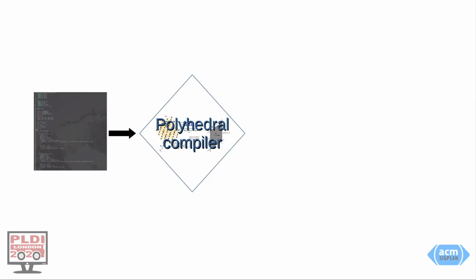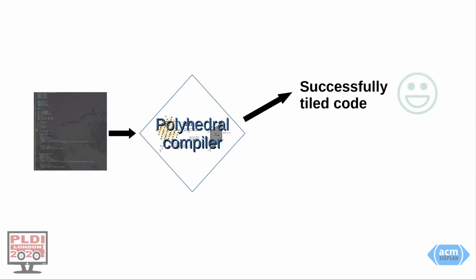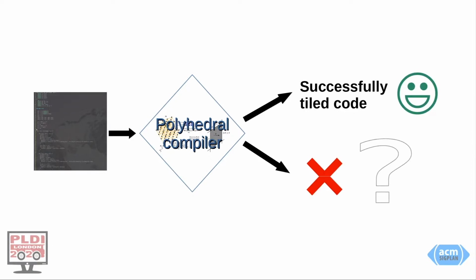So you run a polyhedral compiler on your program. If it succeeds in tiling your program, removing the data movement bottleneck, you're happy. But what if it doesn't? Maybe the I/O cost can still be improved by some manual transformation, or maybe I/O is an inherent limit of